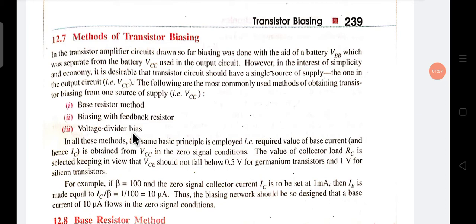In all these methods the same basic concept is employed, that is, the required value of base current, and hence the IC, is obtained from VCC in the zero signal condition. The value of the collector load RC is selected keeping in view